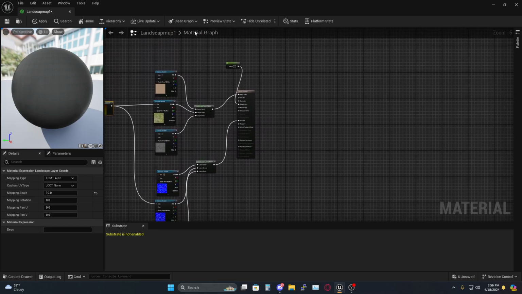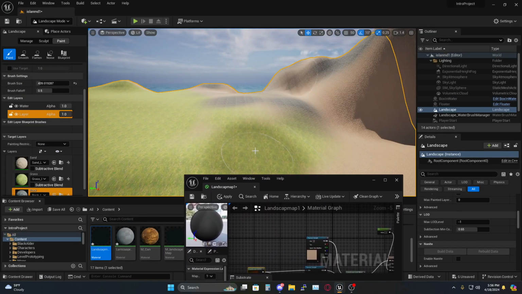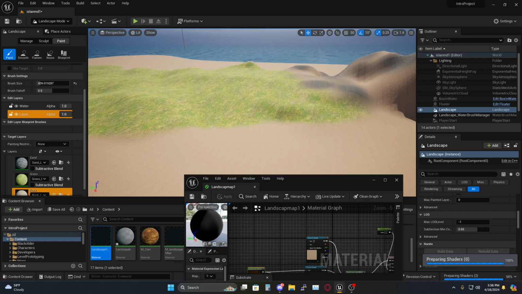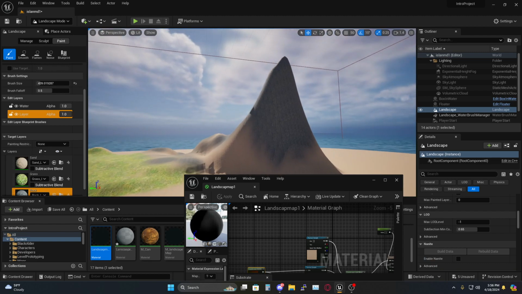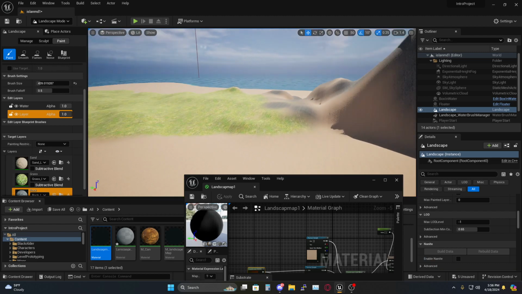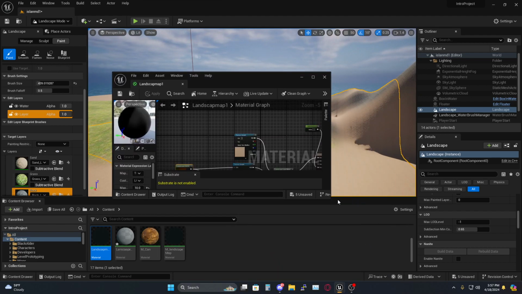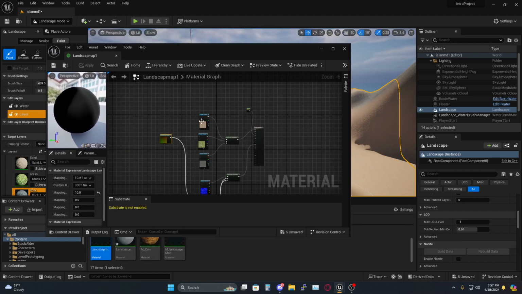There. So our roughness went down, we lost the shiny. This, once we hit apply, should make our grass look a lot better. Yeah, there we go. Okay. And now we're ready for some trees in there. Mountain could use a little bit more work. But yeah, that is how you create your grounds, and you can use the albedo textures and normal textures from things that you get from the Megascans. You can use